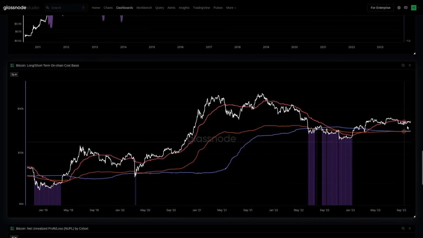Now, the last thing I just want to touch on, kind of an adjacent point: we are in the process, as we speak, of retesting the short-term holder cost basis from the underside at about $28,000. So that is a key psychological level to pay attention to. If we get above and hold that $28,000 level, those short-term holders who've been underwater for a couple of weeks since early September or late August are now back into profit on average. And that could potentially be a strong indicator for market sentiment. A rejection from there, obviously, would tell us the inverse.